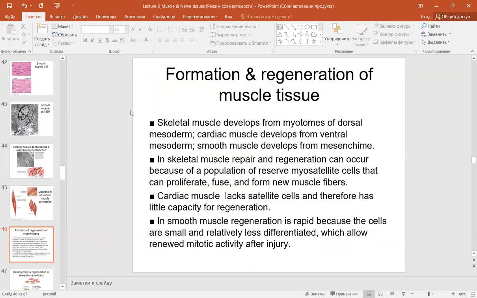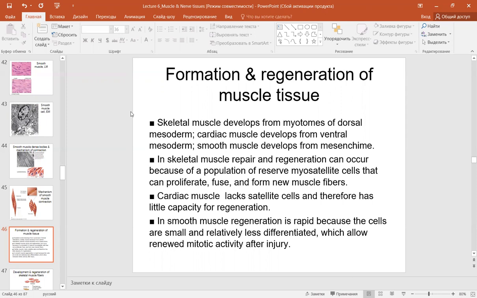Formation and regeneration of muscle tissue. Skeletal muscle develops from myotomes of dorsal mesoderm. Cardiac muscle develops from ventral mesoderm, and smooth muscle develops from mesenchyma, the embryonal connective tissue, alongside with the connective tissue proper and blood and other specialized tissues of the